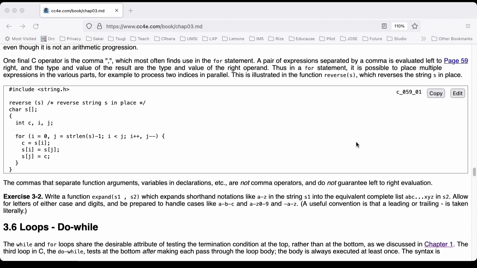This code is from page 59 of the textbook, and it is the first example on page 59. #include <string.h> reverse(s) char s[]; { int c, i, j; for (i = 0, j = strlen(s)-1; i < j; i++, j--) { c = s[i]; s[i] = s[j]; s[j] = c; }